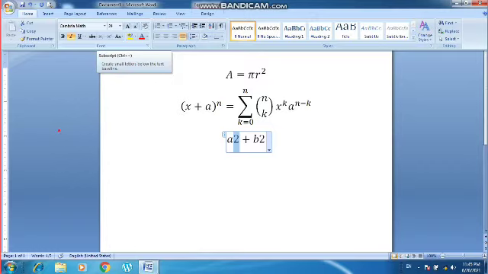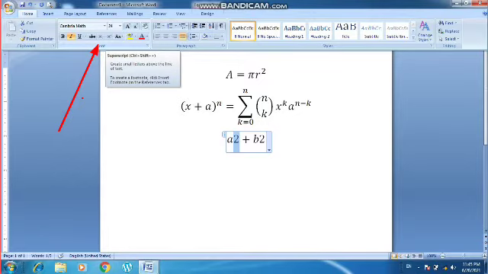There is an option given: superscript and subscript. Superscript helps you write the power of a particular base, and subscript helps you write text below any particular text. Suppose you want to write a chemical equation, you can take the help of subscript, and if you want to write any power, then you can take the help of superscript.